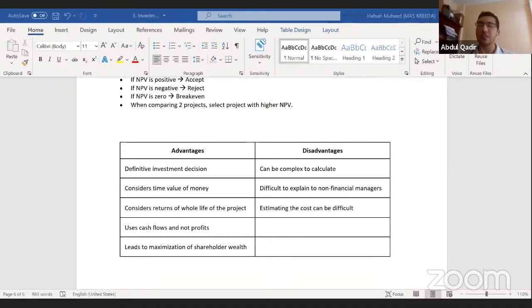What else is not considered in your investment appraisal evaluation? I said we don't consider depreciation. Why? It's non-cash, it's not deducted as a cost. Of course, we will consider it if profits are given. That is a calculation, but it's not considered as a cost. It's not deducted as a cost, just like in an income statement. So that's two of them.